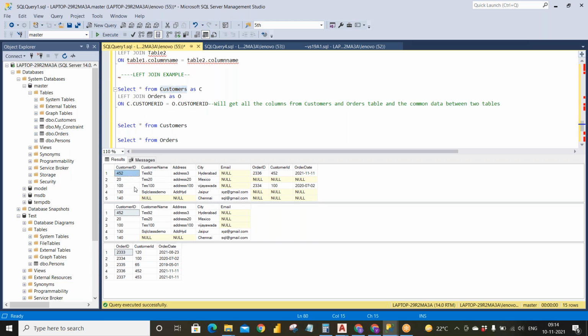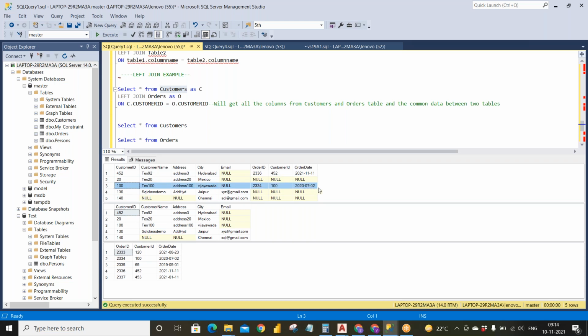Common data is 452 and 100. Let's see 452 first. I get order ID, customer ID, and order date of 452. So 2336, 452, 2021. So I got the common data, right?